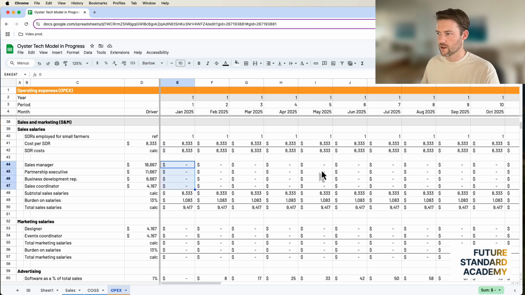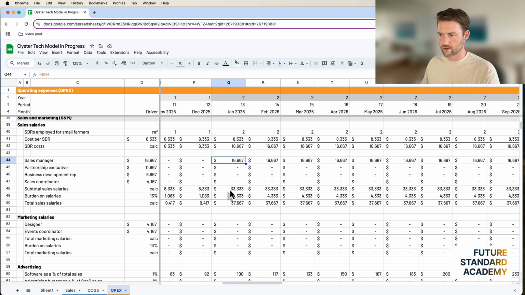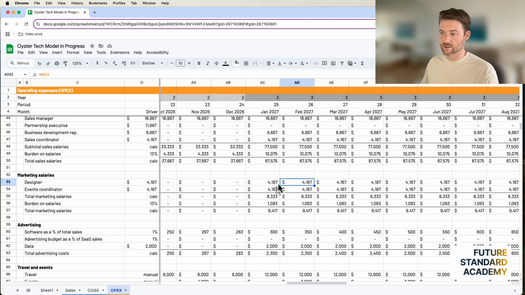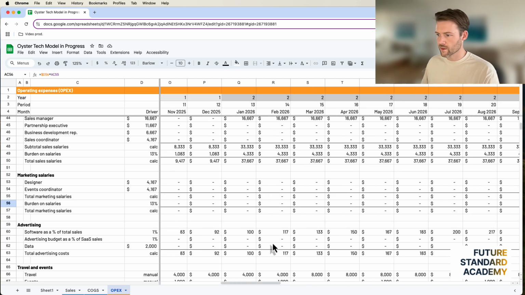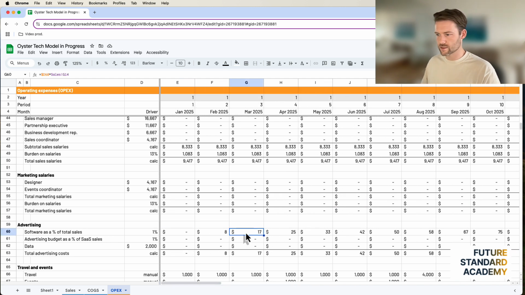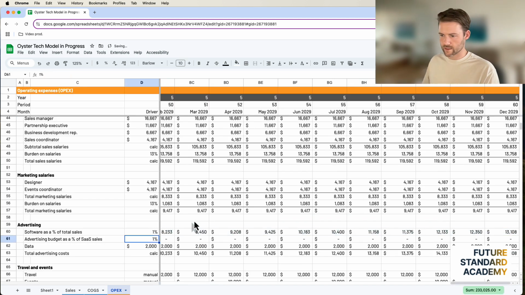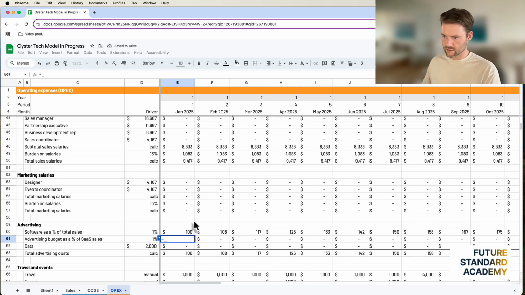These are individual people that we're going to hire over the years. So we're going to sum up. We're going to add burden, subtotal. Good. Marketing salaries, there's a couple of them. They're not starting until 27. Okay, good. Advertising, it's 1% of sales. So I need to set that. So I'm going to call it 1%. I'm going to lock it on the column. I'm going to multiply sales by that. And am I going to do all sales? Yes, I am. So that's that. Advertising budget as a percent of sales, same deal.